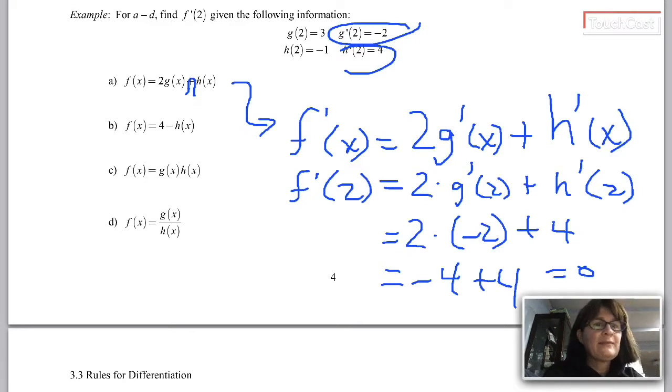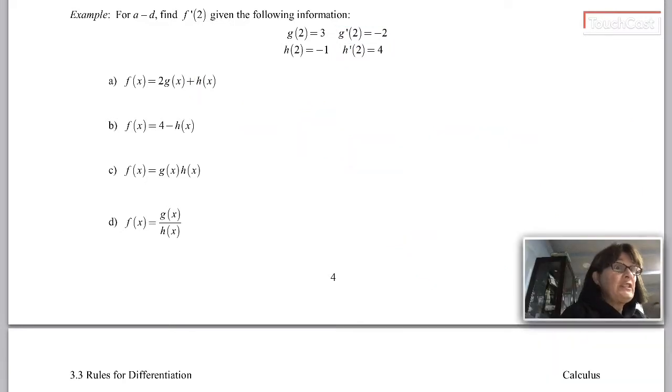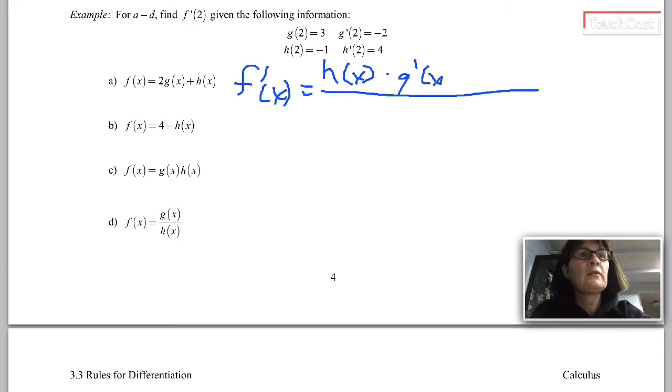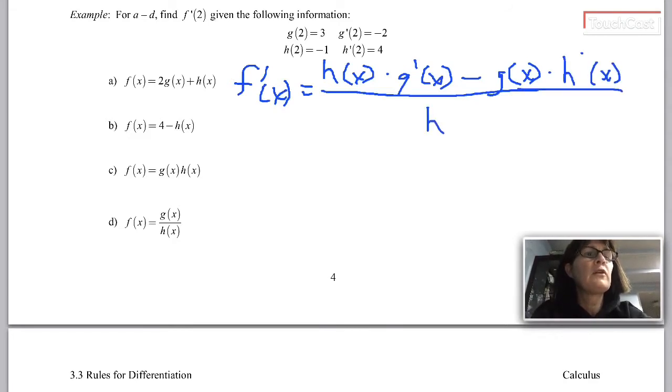Let's do letter D next. All right, letter D. F of x is g of x divided by h of x, which means if I need to find f prime of x, I need to use the quotient rule. So f prime of x. I'm going to think of the g of x function as the high function and h of x as the low function. It's going to be h of x times g prime of x. That's low d high, minus the high function g of x times the derivative of the low function, all over the low function